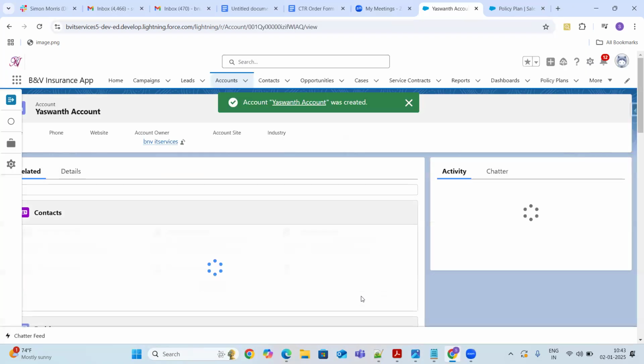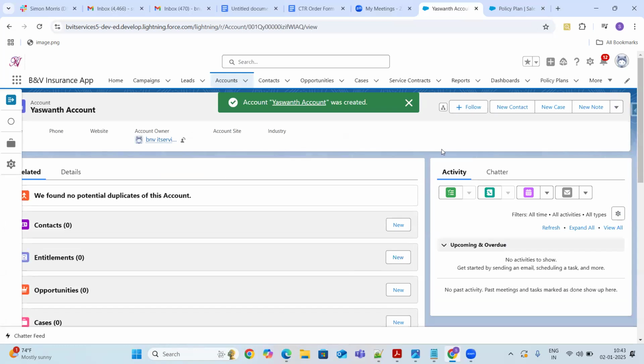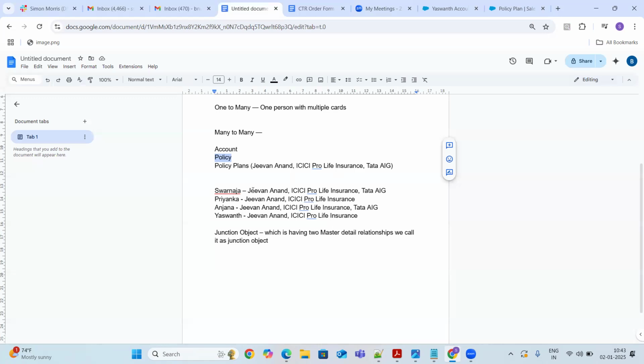Okay, I just created our 4 accounts as well as the policy plans that we just discussed: Jeevan Anand, ICICI and Tata AIG.